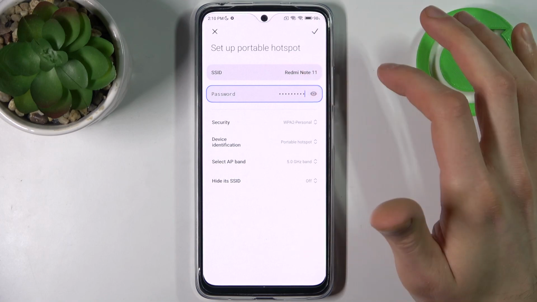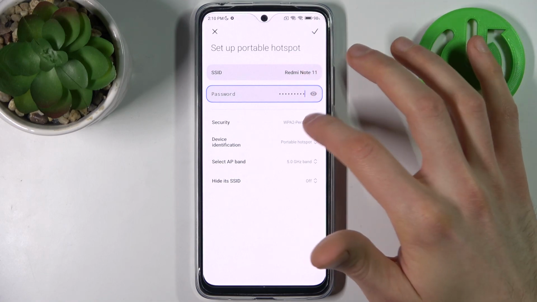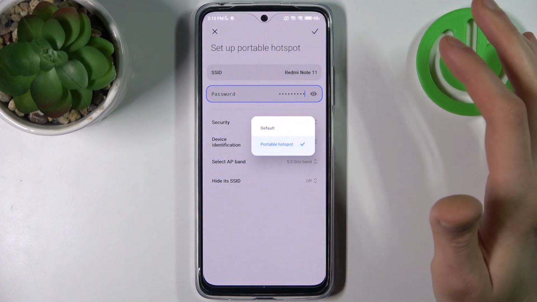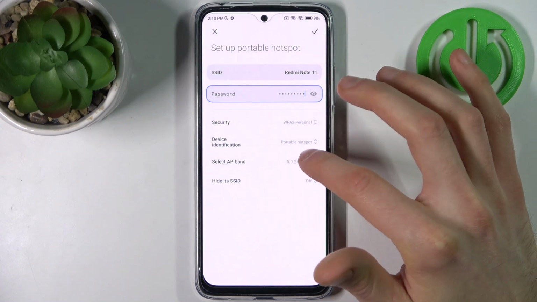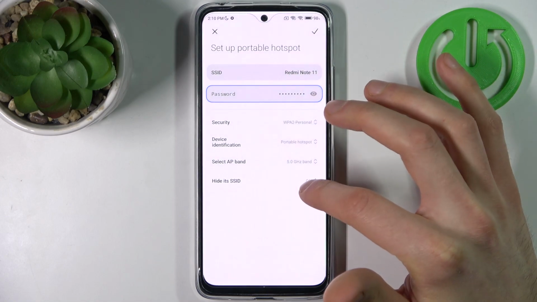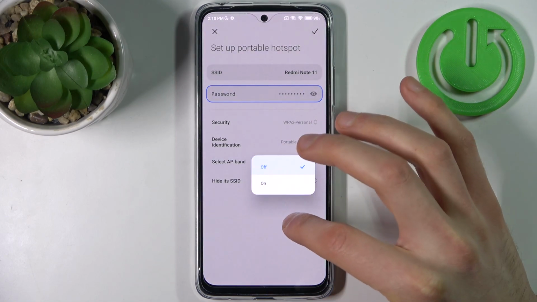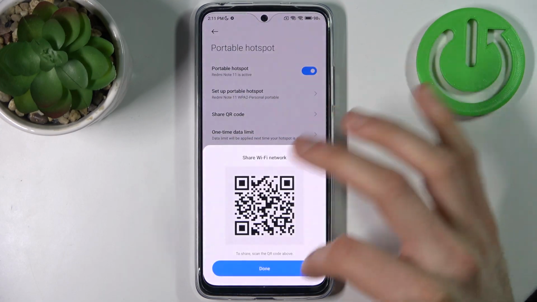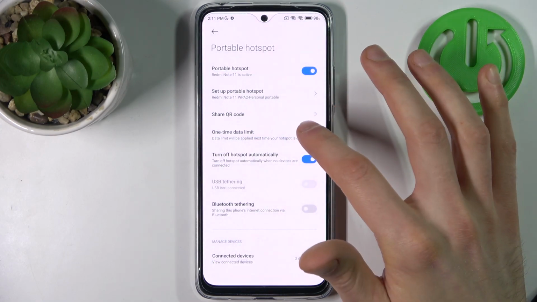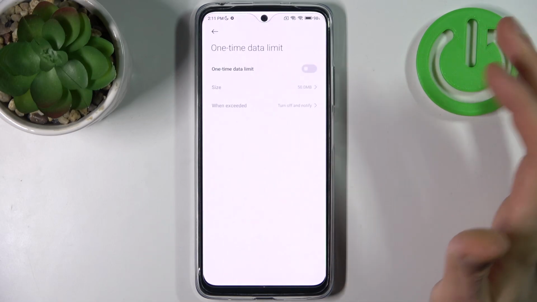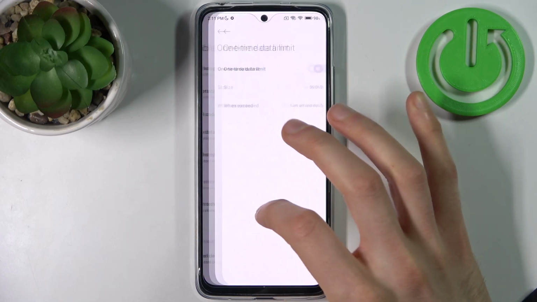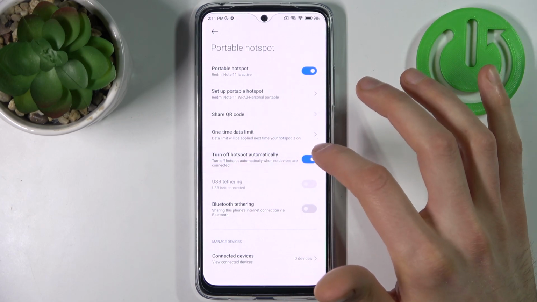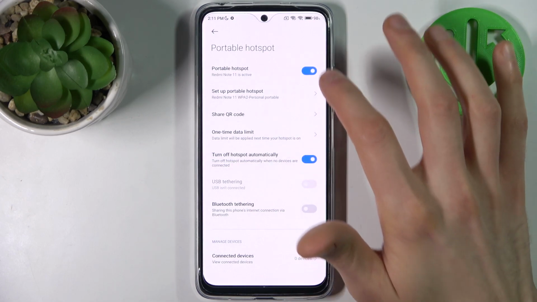For example, you can change its name, you can change its password, you can change its security protocol, you can change device identification, you can select its AP band, you can hide its SSID, you can share QR code to instantly connect to your hotspot, you can set up one time data limit, you can set it to turn off automatically when nobody is connected,